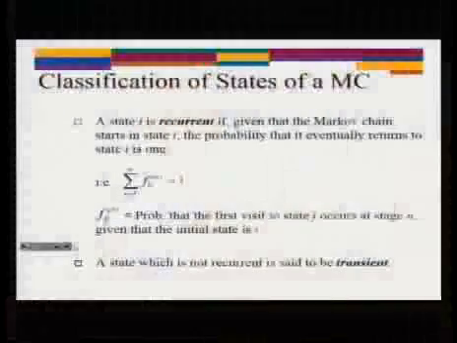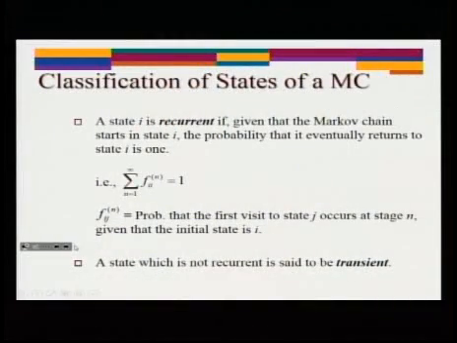Okay, so last time we talked about how we could classify the state of the Markov chain, right? And the very first thing we talked about is recurrent and transient, right? Do you remember what it is? So for the recurrent state, if there is any possibility that you leave that state, never come back, that state is called transient state, right? If the state of the Markov chain is not transient state, it's got to be recurrent state, okay?